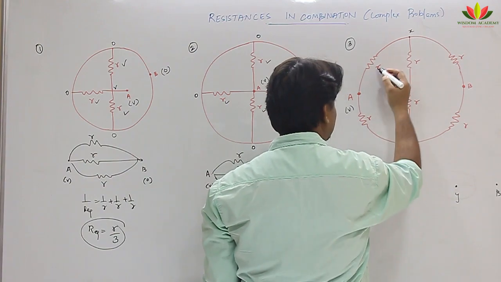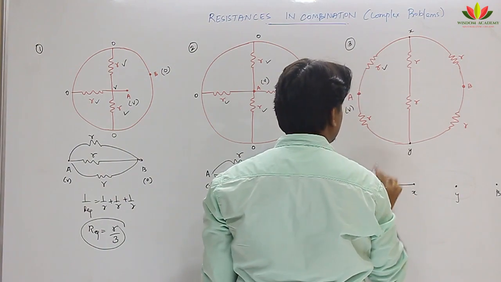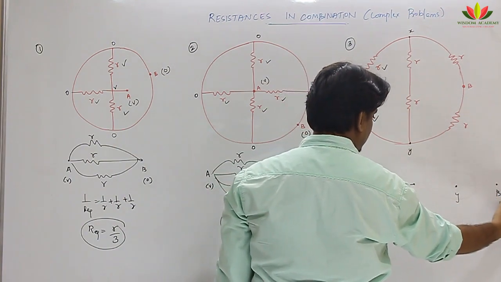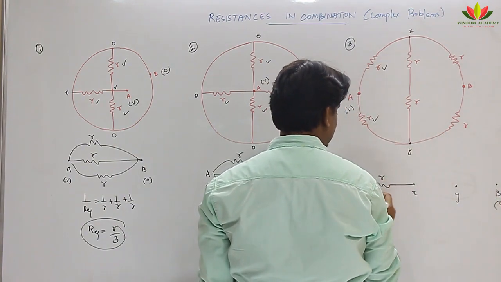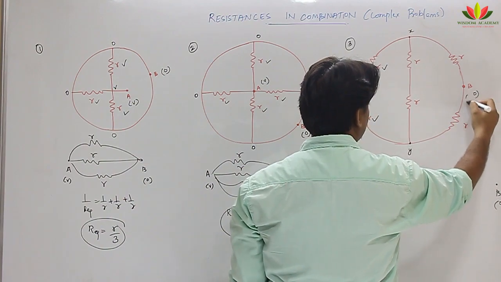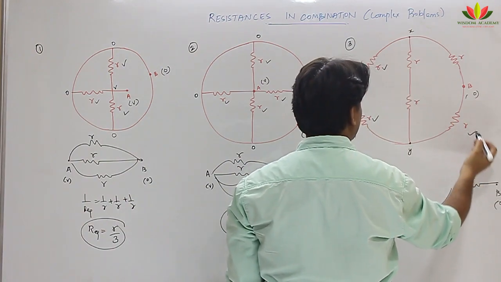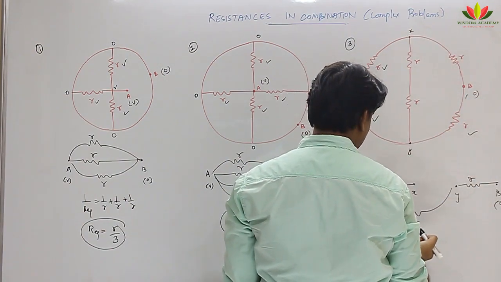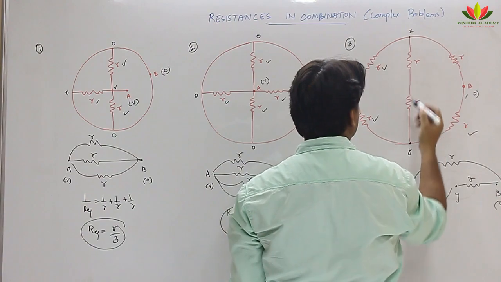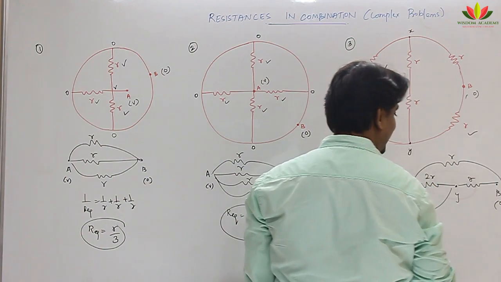So between A and X, this R is between A and X. This R is between V and Y. This is V and this is 0 actually. So V and Y. This is one R. This R is between 0 and Y. Over this R is between X and 0. So, like this, and these two are between here. So, can you see how it is connected?